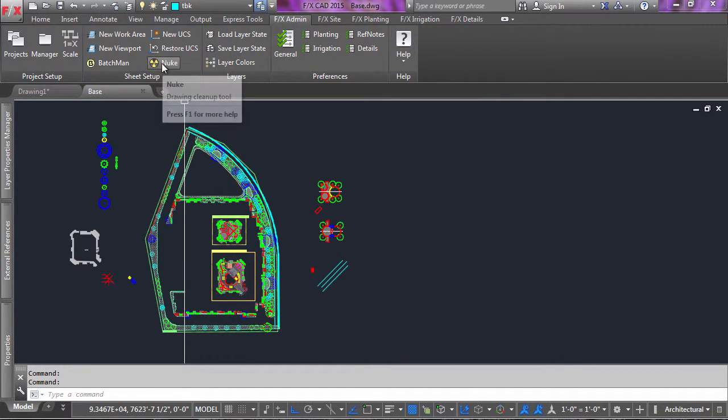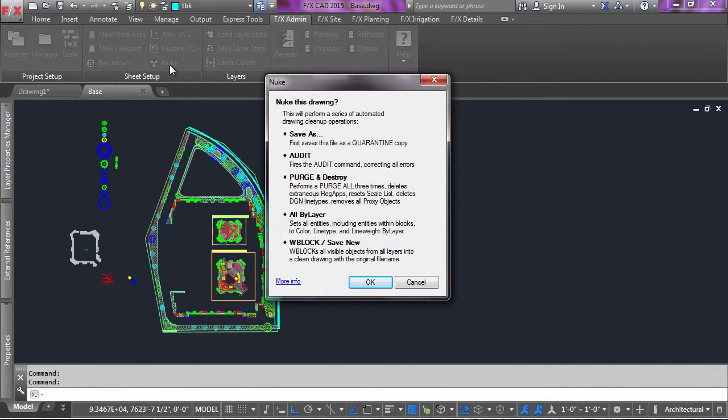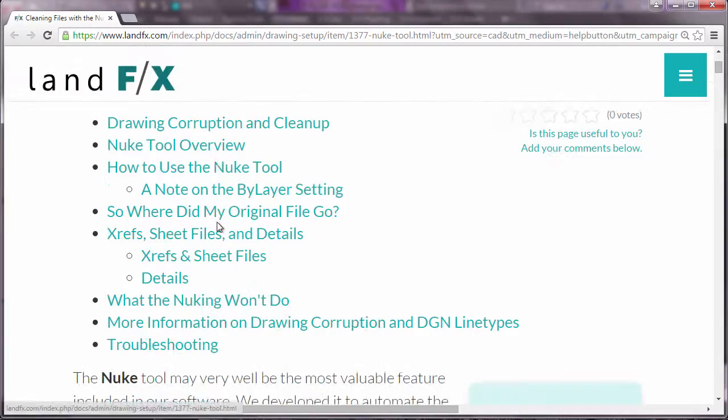Now it's time to nuke your drawing. Click the Nuke button on the FX Admin ribbon. The Nuke dialog box will open. Read this box carefully. It lists all actions the Nuke tool will complete on your drawing: saving a quarantine copy, running the audit and purge, moving everything to by layer, and W blocks as a new file. For detailed information on how the Nuke tool works, click More Info to open the Nuke tool documentation page